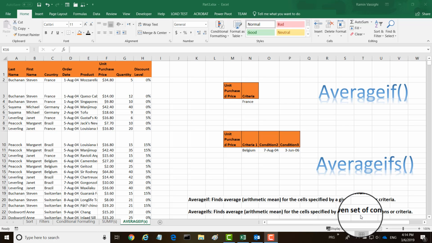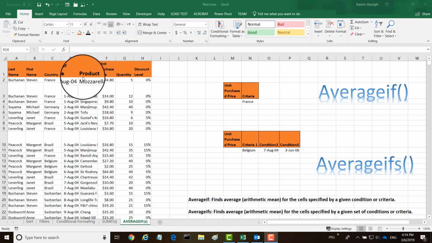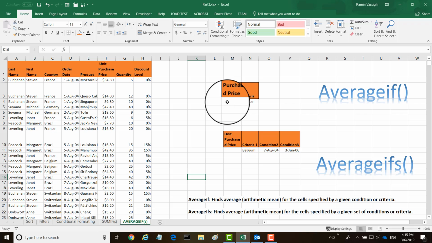Okay, so let's get into the AverageIF and find out how we can actually work with this spreadsheet that we have. It has a unit purchase price that we're interested to find out, and the criteria is the countries in this case. Let's say for AverageIF we're looking at purchase price for the country of France. In order to do this, at the cell right here, we just say equal sign